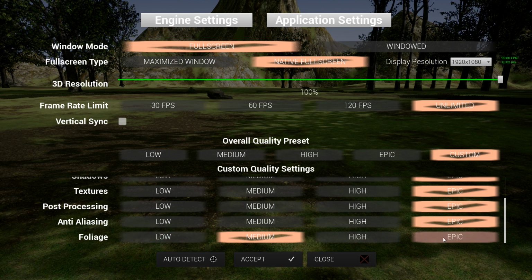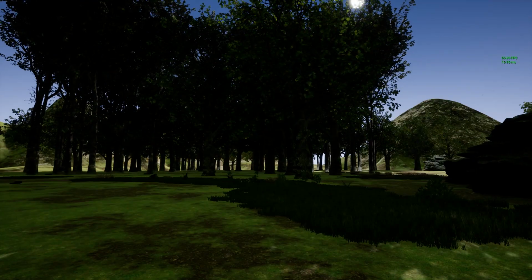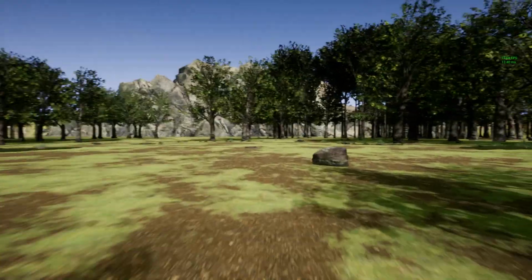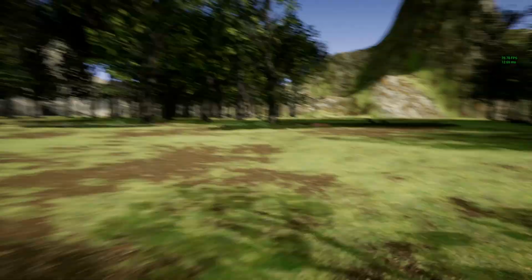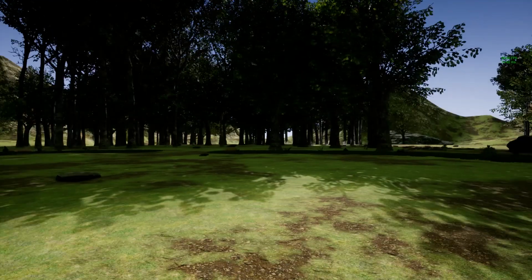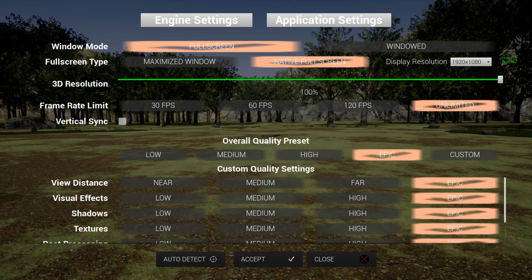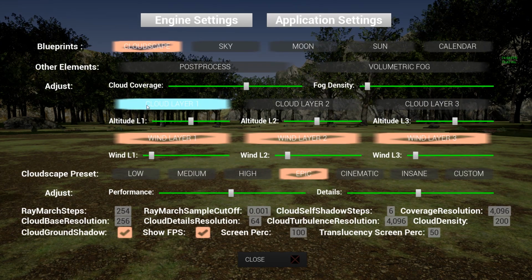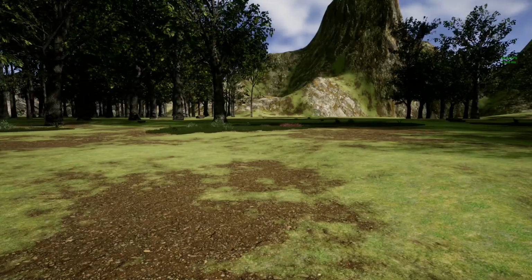And if I have all my trees all the way back, we can safely say that for this scene what we have is a misbalance between performance and the number of assets we are showing. So we have to optimize the scene, and the impact the Cloudscape produces for this scene is just too little to be considered. So you can get a lot more FPS here,